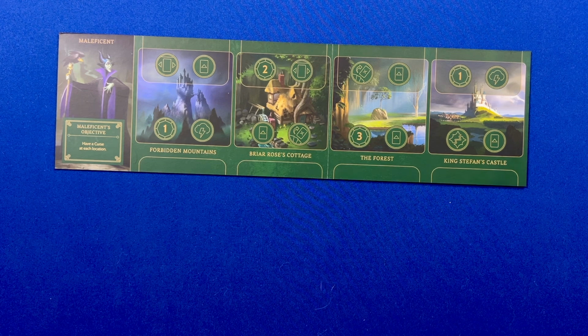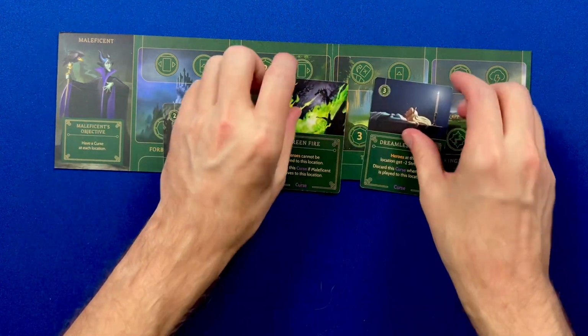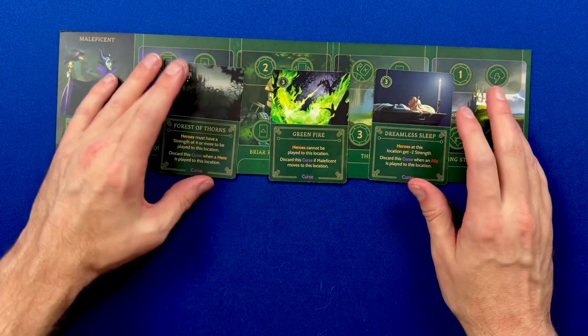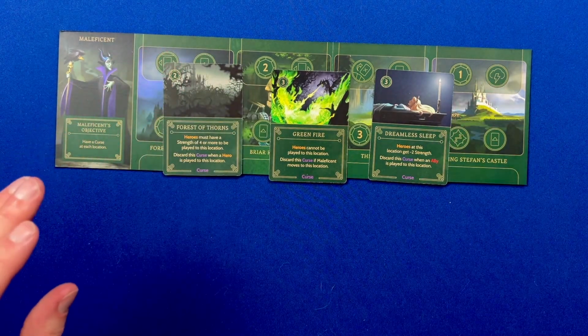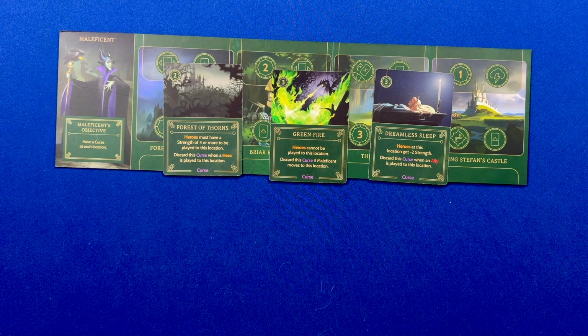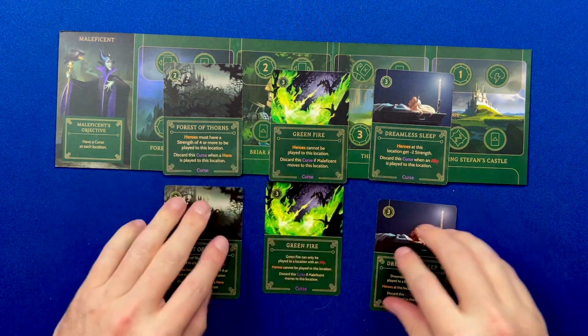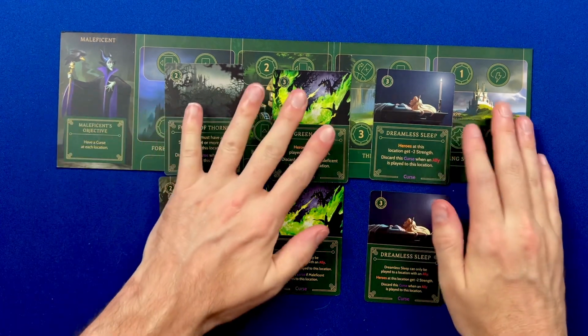We'll start with the biggest change to her deck, and that is the curses. So let's look at these curses. These are the old curses: Green Fire, Forest of Thorns, and Dreamless Sleep. Pardon me. The old ones and now the new ones. So as you can see, the old ones,